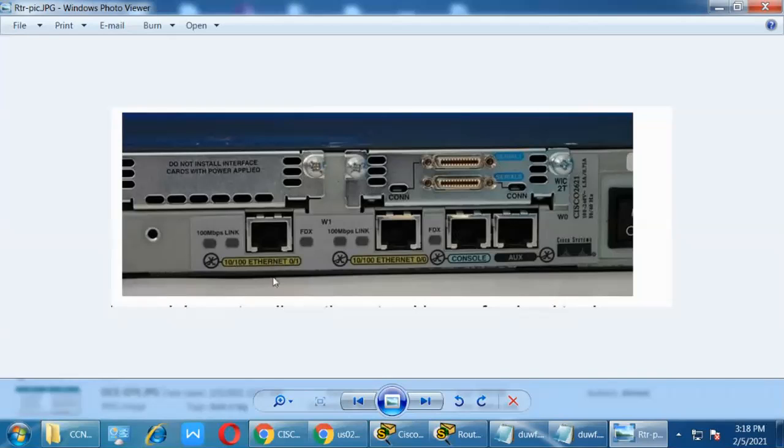See here, there is no separate port for WAN. You can remove the module and connect the serial port or a normal Fast Ethernet port according to company policy, according to your requirement. This Cisco model number is 2621, because from the 2621, 26 series, all routers are modular routers. Before 26, only a few routers were modular, like one model in the 1800 and one model in the 1200. But from the 26 series all routers are modular. You can remove and change the module. Understand? So this is the port for communication. Clear?